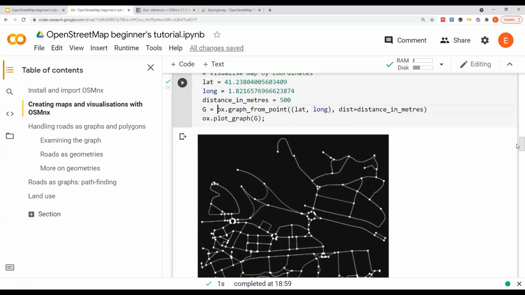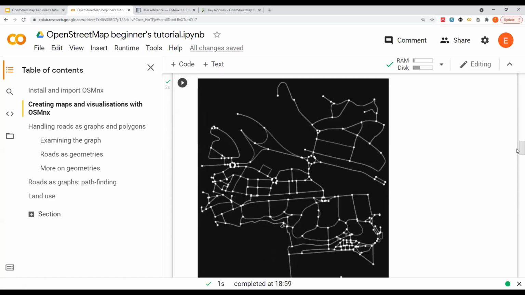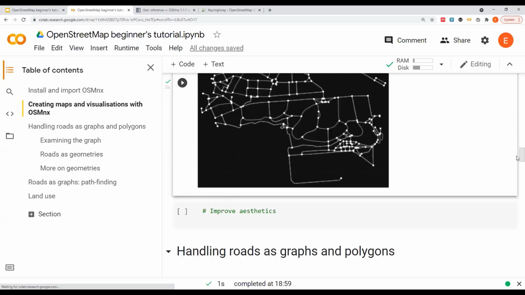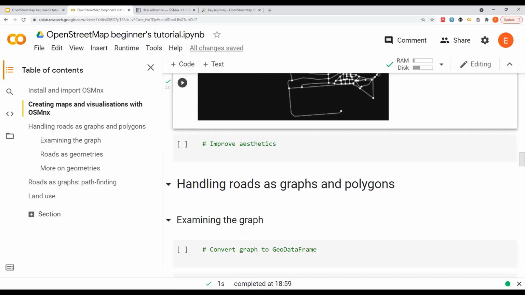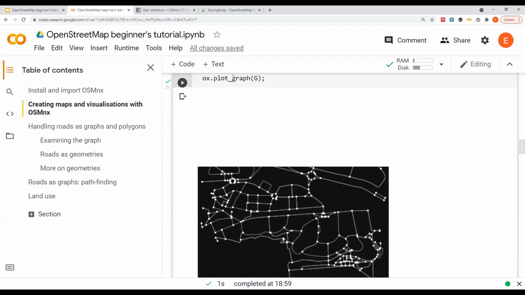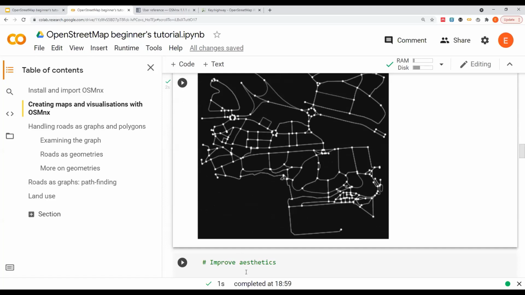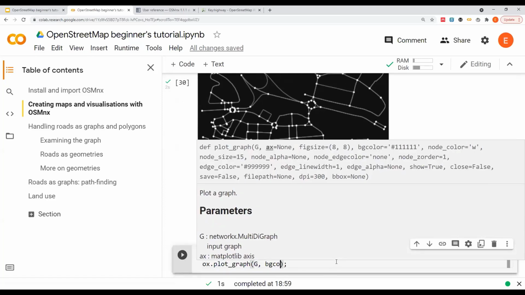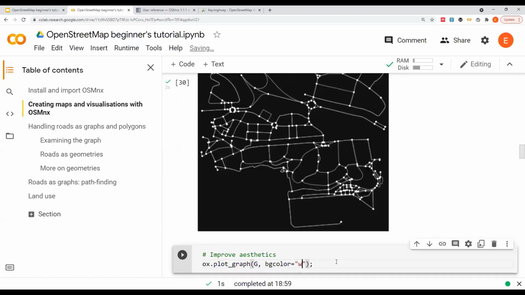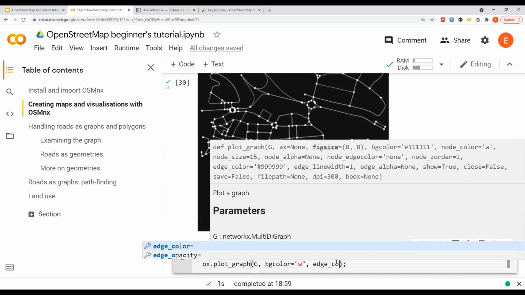There we go. So this is a map of the area around a particular latitude and longitude. Now, this is quite ugly, you would probably agree, as a map. There are certain things we can do to improve the aesthetics. I'm just going to copy this graph line, but add some extra arguments. Let's make the background color white, and the edge color, that's the color of the roads,